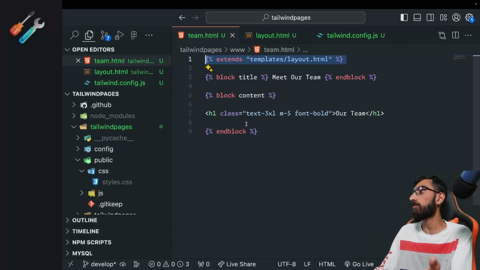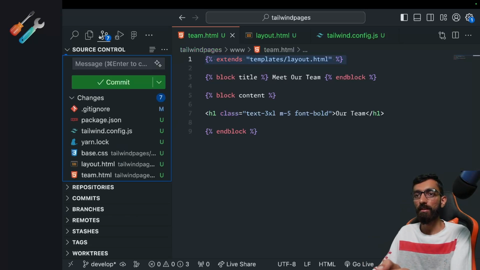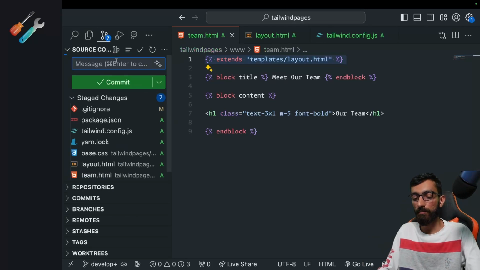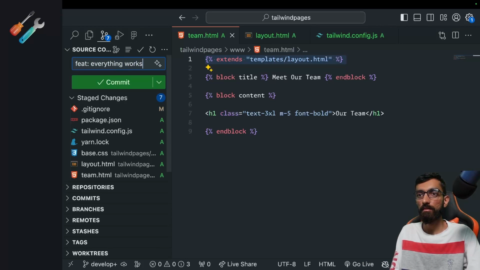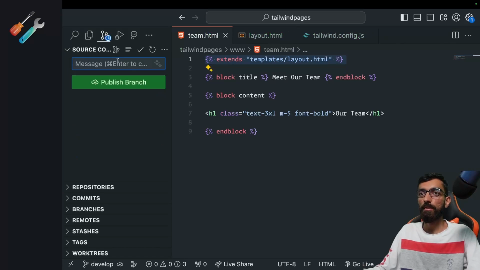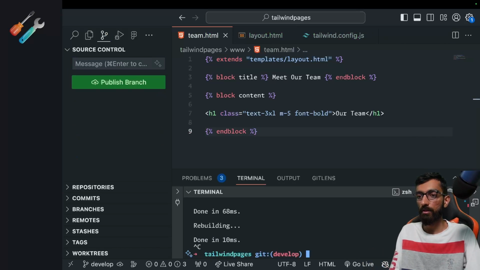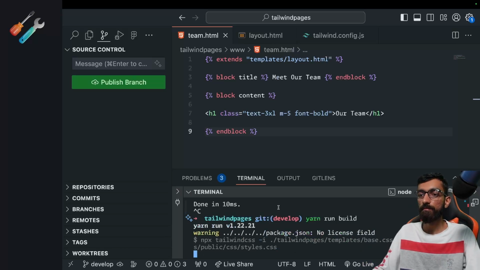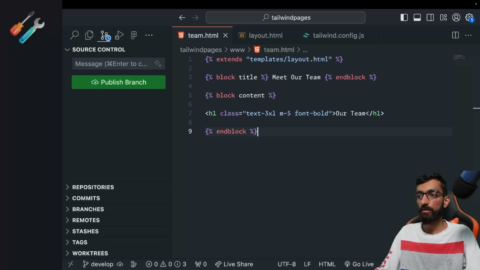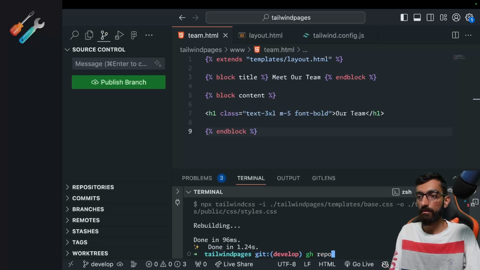Cool. So as a bonus, let's deploy this to Frappe Cloud. So I will add a commit, feat. Everything works. Command enter. Let's push it to GitHub. By the way, before we push to GitHub, let's test the build command. Yarn run build, and it works. So now I will just say